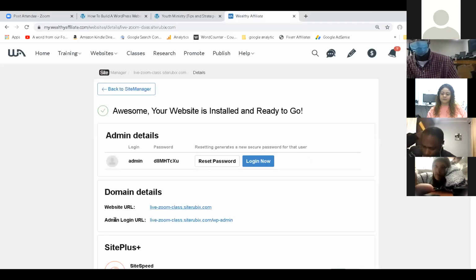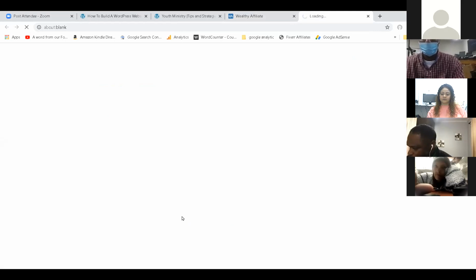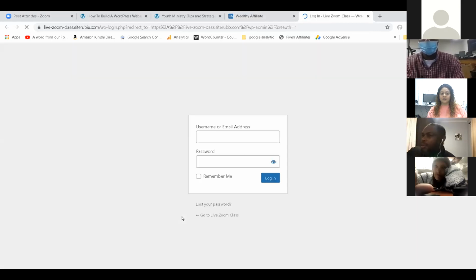Okay. Now, where it says admin login URL. This is the URL that I click when I want to log into my website and make changes. Okay, now most of you, if you already have a WordPress website, then you've already done these steps with maybe another company or another business, that's fine. Okay, so now what I'm gonna do is I'm gonna click right here. Okay, I'm gonna click there, and it's gonna take me to my login page. Now I need to see if you see what I gotta do? I gotta enter my username and my password.